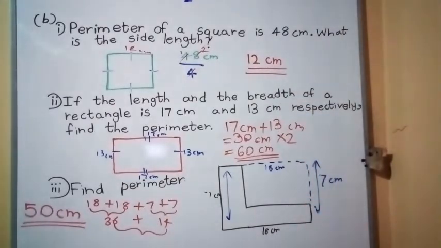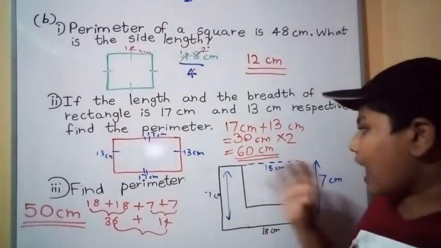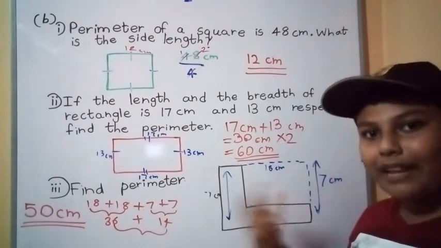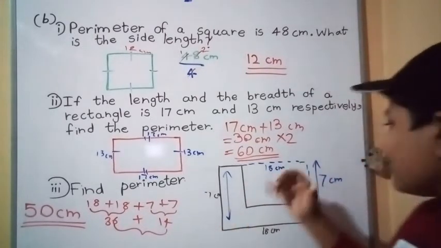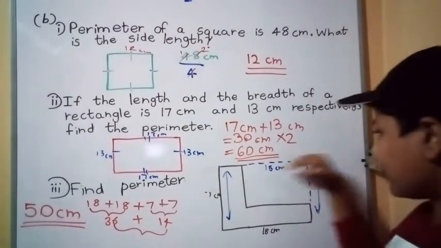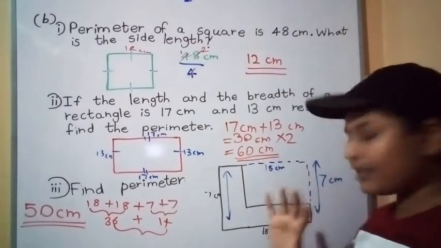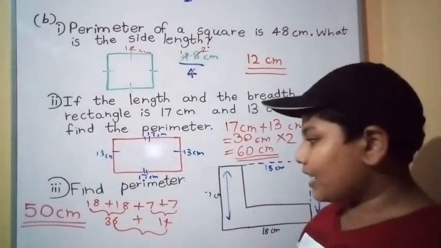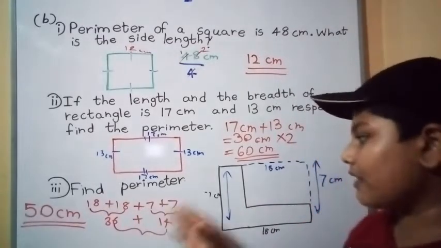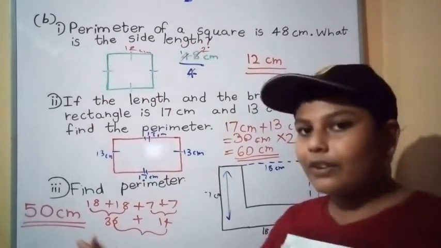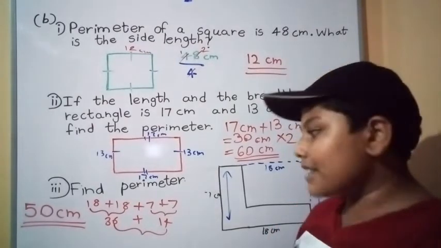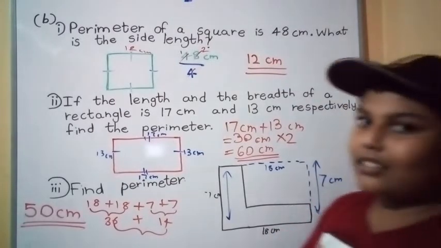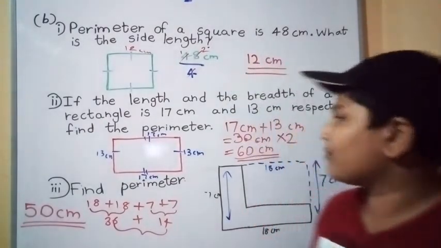You want to get the same sides, so I cross that line because I can very easily find the perimeter of that figure, right? Now you get the figure with this cross line, they are the same. Now that is the full figure. Now 18 plus 18, 36, plus 7 plus 7, 14. Altogether 50 centimeters. I do it separately because some students find it difficult, right?